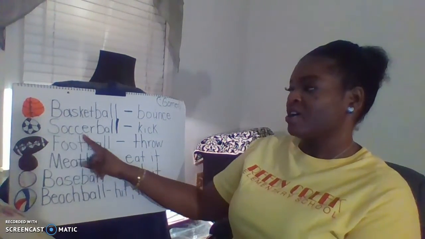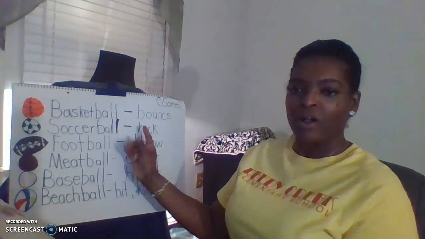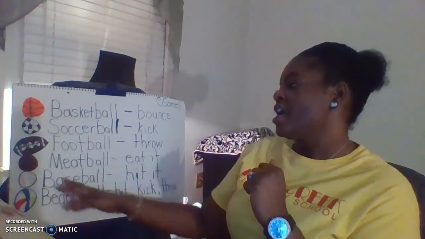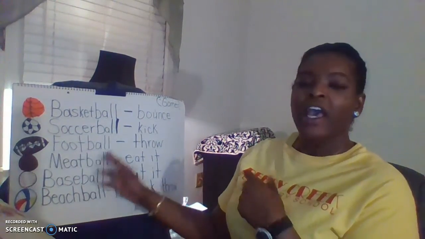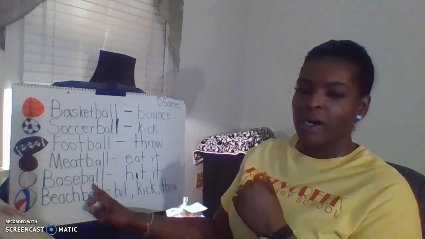And you have a soccer ball. You have the word soccer and the word ball, and you put it together and you make the word soccer ball. And you have meat and the word ball. And you put those two words together and you make the word meatball. Baseball. You have the word base and you have the word